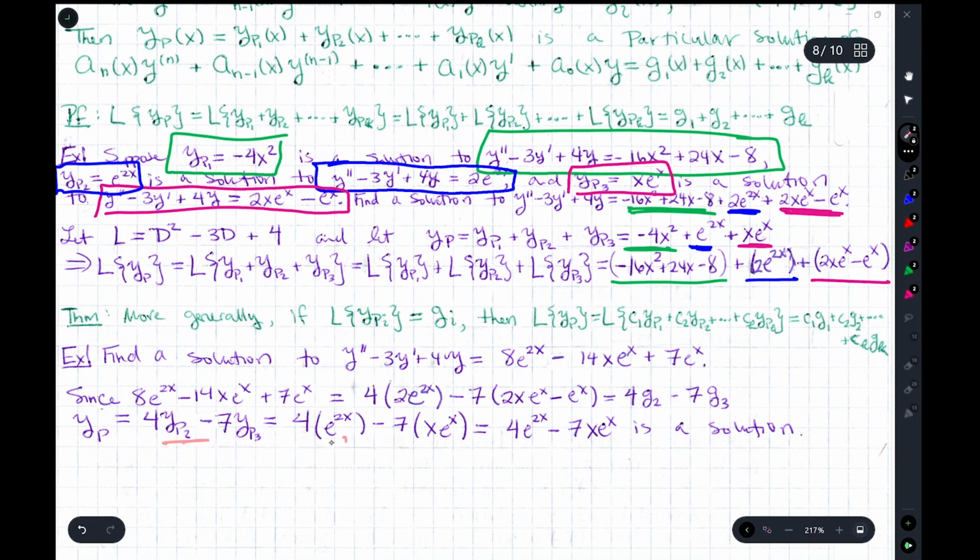And y_p2 is e^(2x). y_p3 is x e^x. And so here goes your solution there. And again, to gain intuitive insight, you could just operate